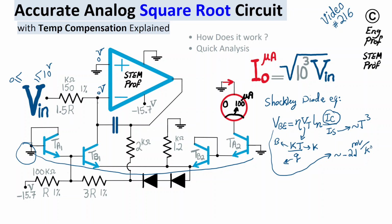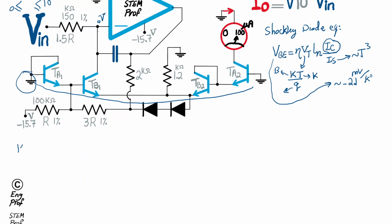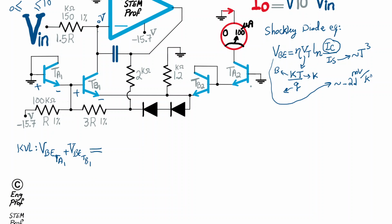Okay, with that said, let's write the KVL. Here is my KVL. Using Kirchhoff's voltage law, I can say the voltage of the base-emitter for transistor TA1, which is this voltage, plus the base-emitter voltage for transistor TB1, should be equal to, from again the 0 volts here,